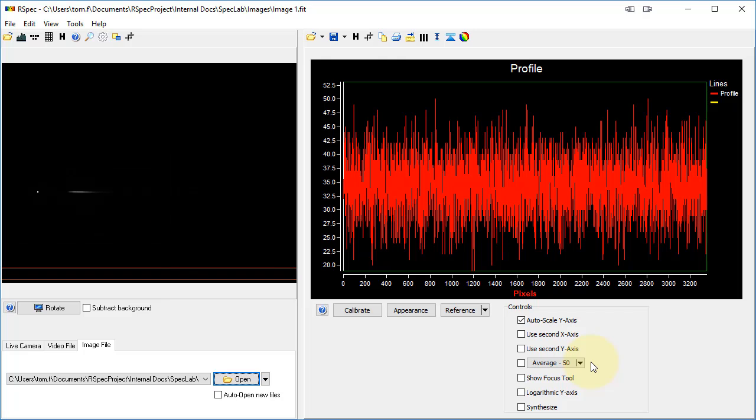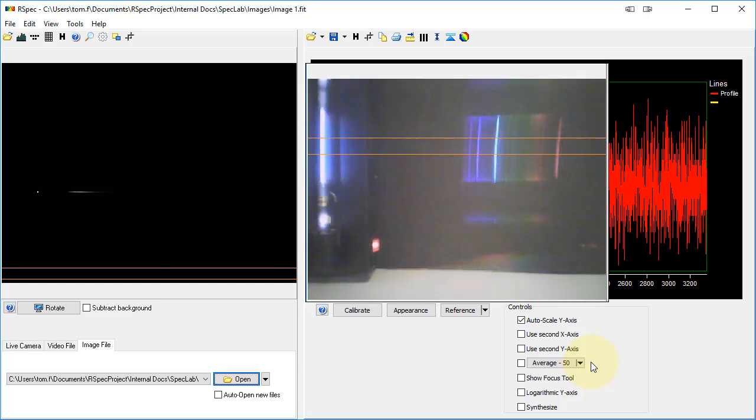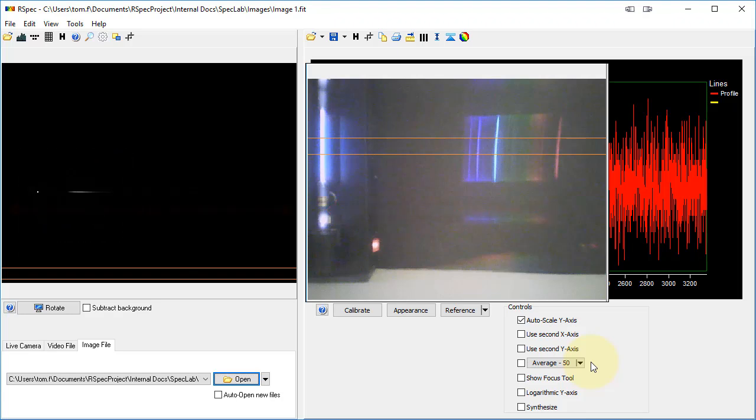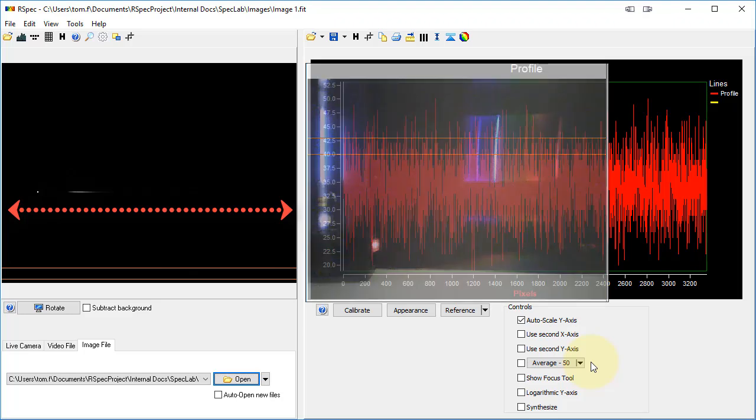A second difference from the gas tube spectrum that we saw earlier is that the star spectrum is much shorter than the gas tube spectrum. The gas tube spectrum stretched out over most of the image, but here we can see our star spectrum is really short. The reason for that is that the sensor on the telescope camera is much bigger. It is many more pixels in width from left to right, so the spectrum takes up less of the width. This won't affect our ability to extract information from the spectrum, but it is kind of surprising the first time